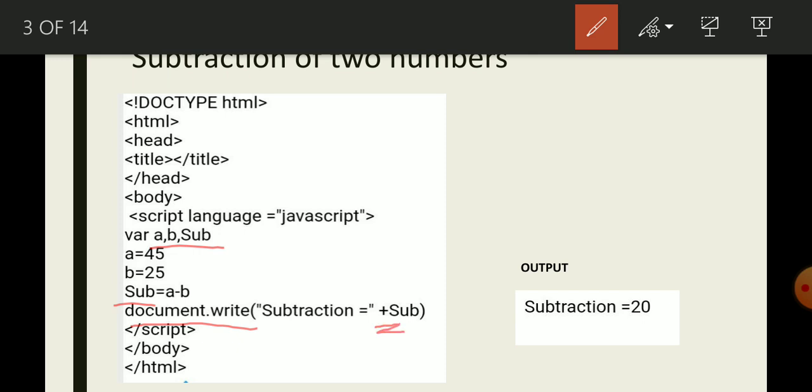Always remember plus operator is used for concatenation of two strings or two values. In this way, in the output, the word subtraction is displayed because it is written inside the double inverted comma, and plus sub means the actual value stored inside the sub variable, that is 20.